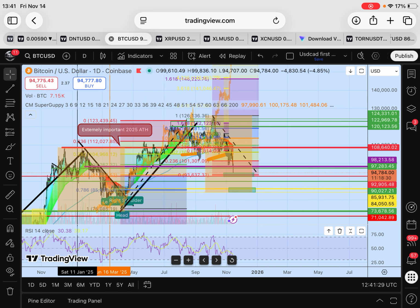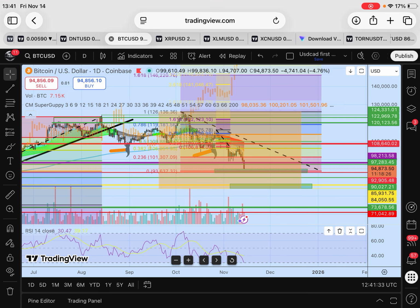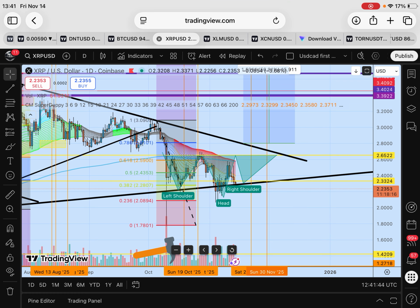The Bitcoin market, the altcoin season is not dead. It just has not started. It's been delayed due to government issues and all that BS. But moving on to XRP, dollar cost average XRP, it is in consolidation. I would like to see an inverse head and shoulders play out and break this downward trend line, but with Bitcoin's pullback, we could see a breakout underneath this downward trend line before testing it and then hopefully closing within